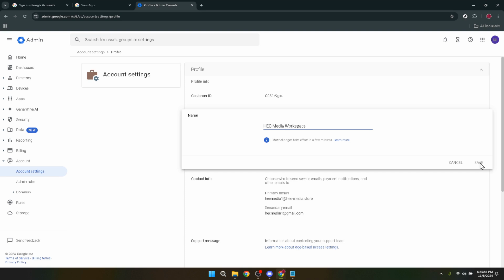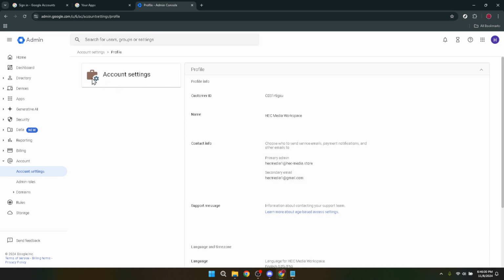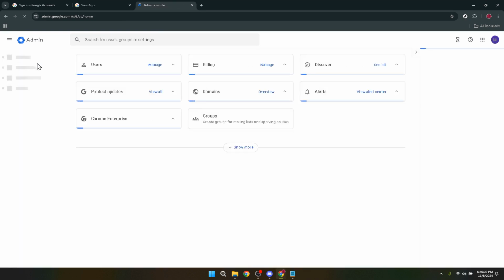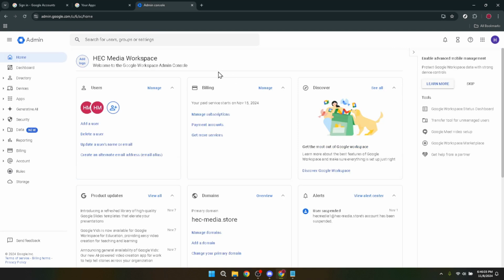Congratulations, you've successfully changed your Google Workspace name. Remember, this change might take a few minutes to propagate across all Google services, so don't worry if it doesn't reflect immediately. Changing your Google Workspace name is a simple yet impactful way to ensure your brand is accurately represented in your digital communications. If you need to revisit these steps in the future, or if you're managing multiple workspaces,